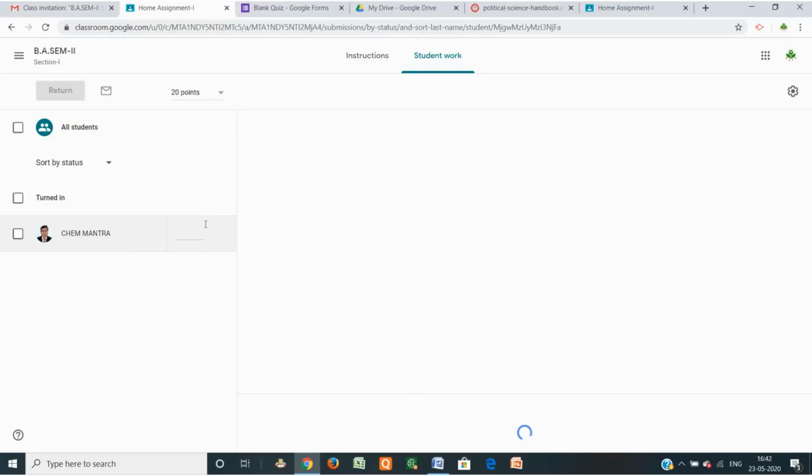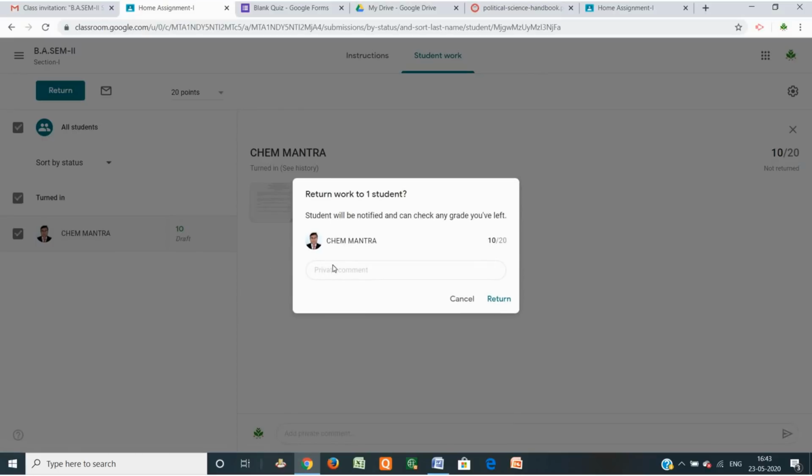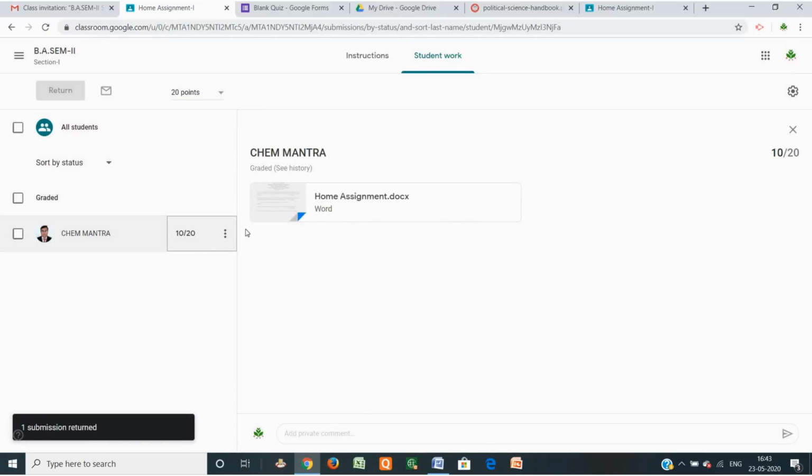And it is a 20-point question. You just give 10 marks suppose and return to the student. When you click on return, it goes to the student and the student can see the marks. Suppose I gave 10 marks, the student can know the marks.